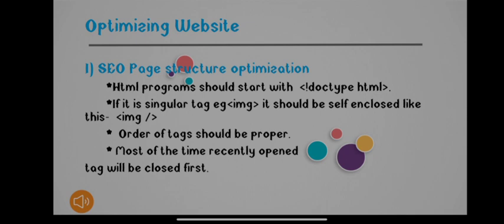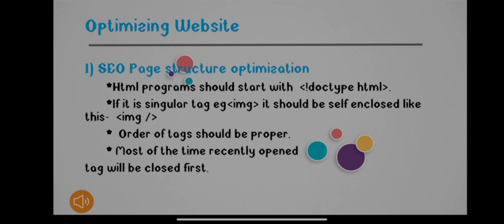In whatever language we are using, each language has some rules and regulations that we have to follow. So what is the first condition? An HTML program should start with the doctype HTML declaration. You might have seen that whenever you open some website on your PC, just right click on that website and open the view source option.